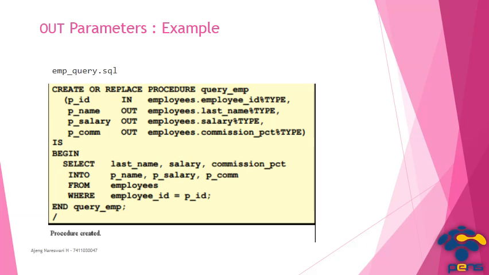The syntax of the out parameters example is in the query_emp.sql file. The syntax is: create or replace procedure query_emp (p_id in employees.employee_id%type, p_name out employees.last_name%type, p_sal out employees.salary%type, p_comm out employees.commission_pct%type) is begin select last_name, salary, commission_pct into p_name, p_sal, p_comm from employees where employee_id = p_id; end query_emp; and then